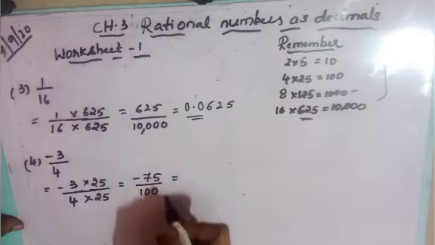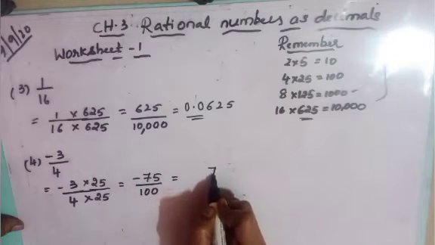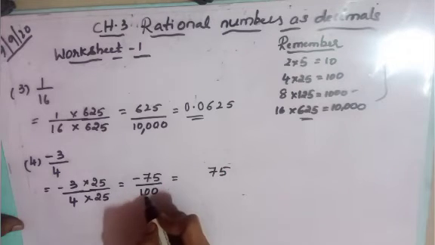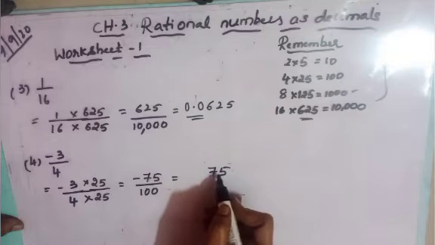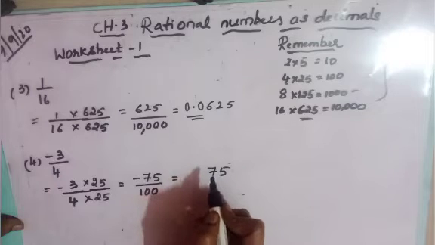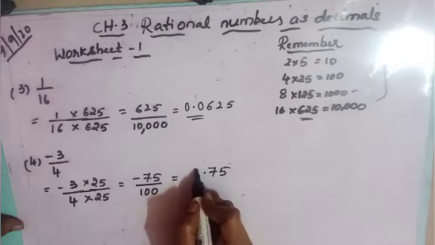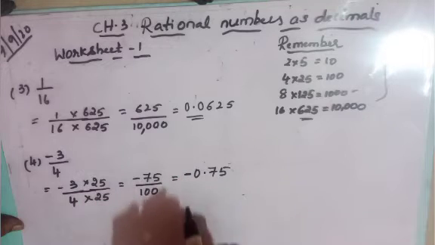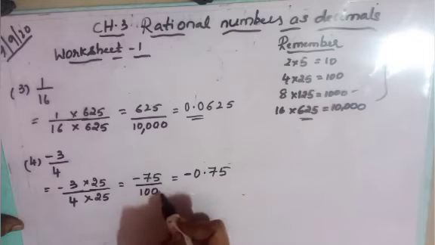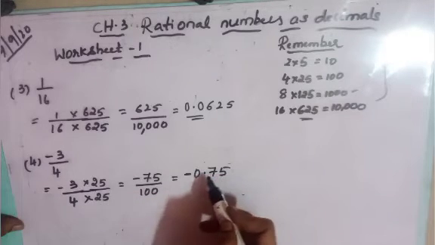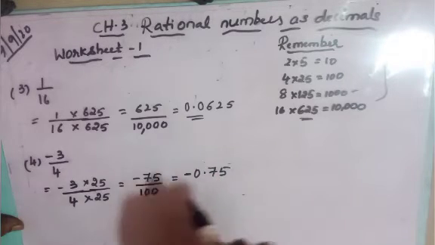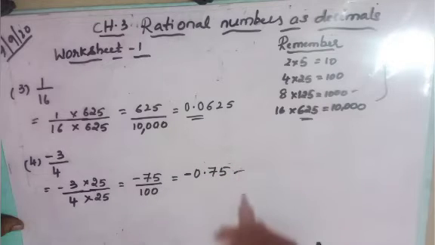So let us convert into the decimal form. This 75 you write as it is. Seeing the denominator is 100, 2 zeros, means 2 digits. So before 2 digits we have to keep the point. Already 2 digits are there, so no need of taking the 0. Then the point, then 0, and the minus. So write here minus, 0 point. After the point how many digits should be there here? 2 zeros means after the point 2 digits should be there. So minus 0.75. So in this way we have converted the rational number into the decimal form. Let us go for the next problem.